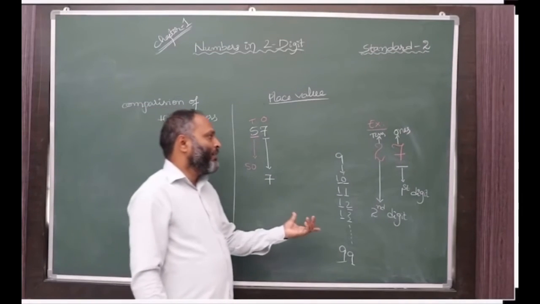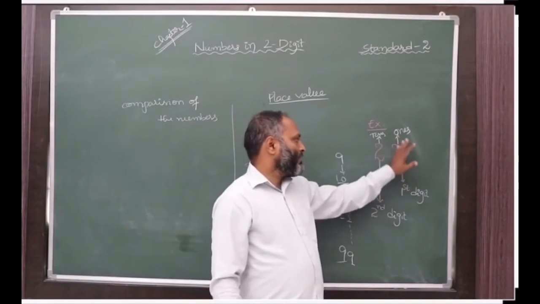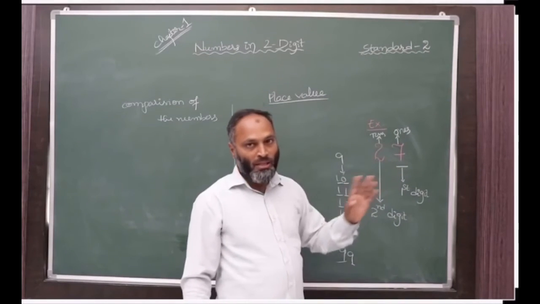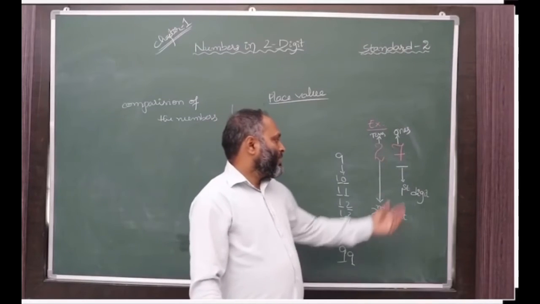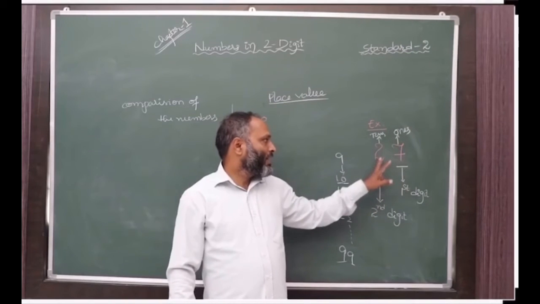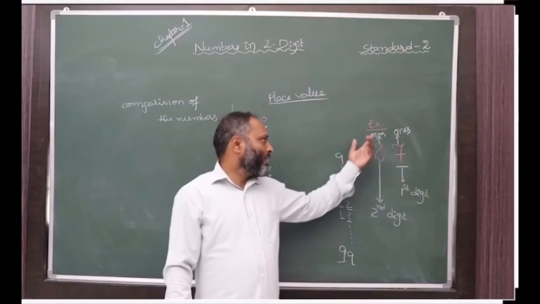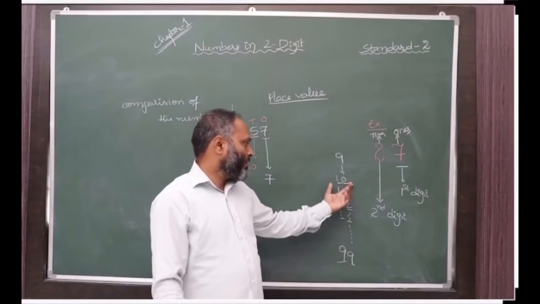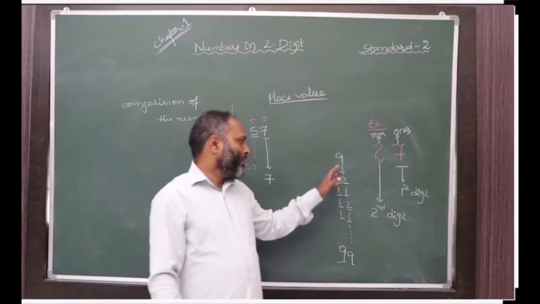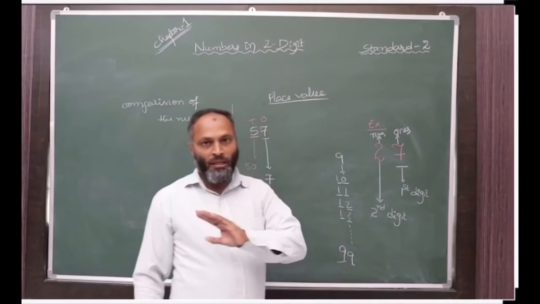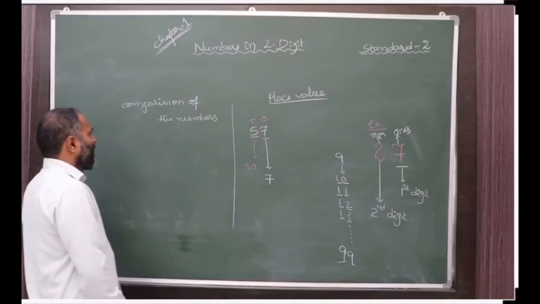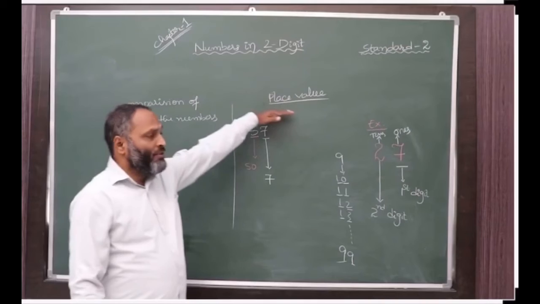So what are two-digit numbers actually? If the number is in this form, 27, 38, 42, 93, these types of numbers are two-digit numbers. This is the first digit, this is the second digit. The first digit is ones and the second is tens. A two-digit number starts from 10 and ends at 99. All the numbers in between are two-digit numbers. Now the place value is over.